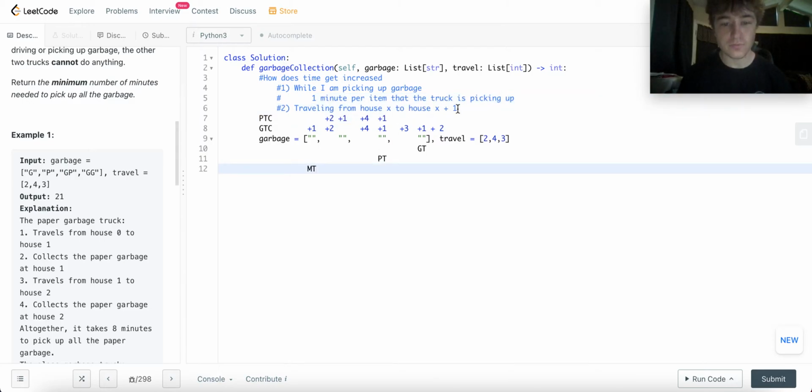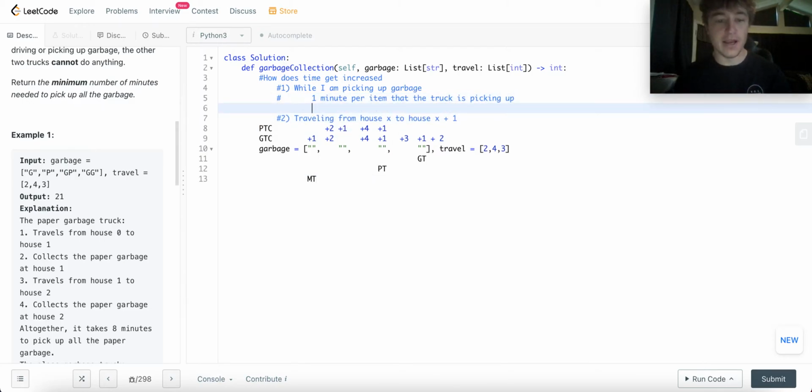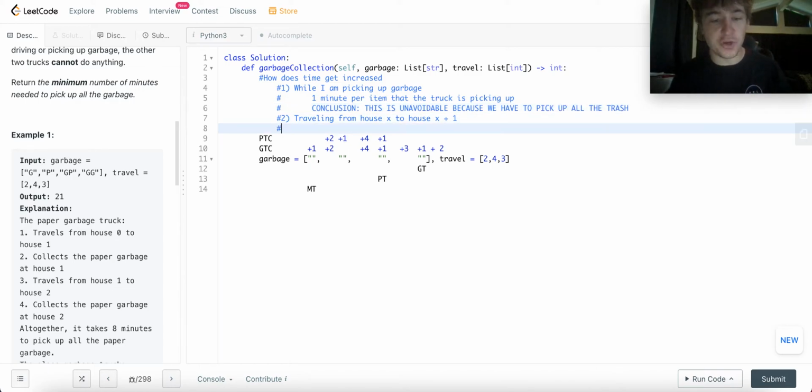So this is unavoidable, right? I guess the conclusion from this is, if there's trash, you have to pick it up. So you're going to spend 1 minute of time picking up all the trash. So this is unavoidable, because we have to pick up all the trash. It's an unavoidable issue. This, on the other hand, where, well,